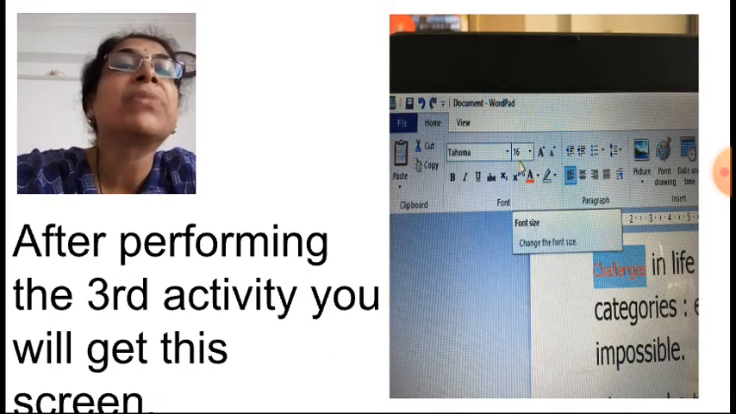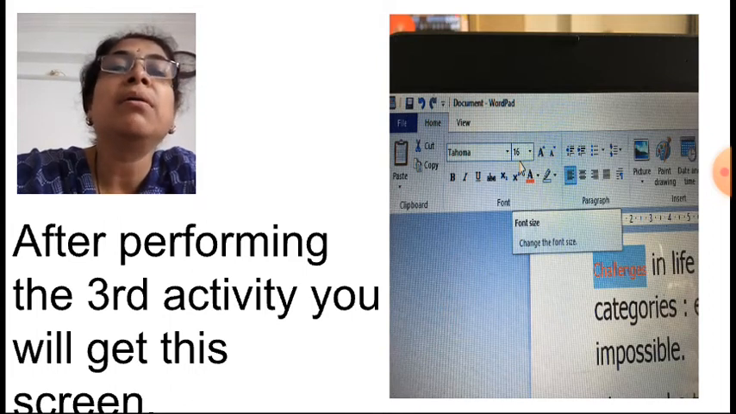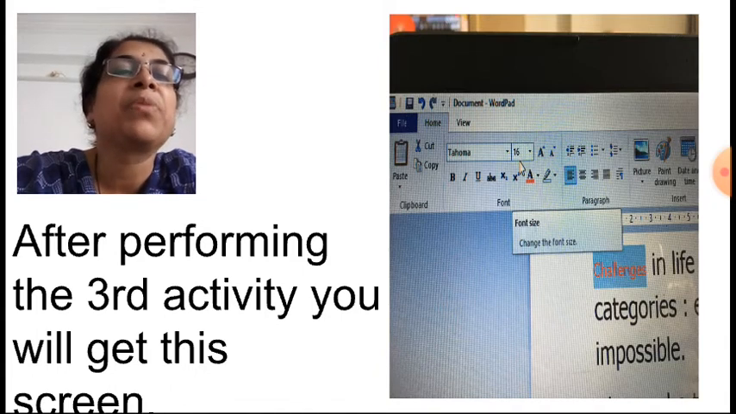See here, size is 16. On the ribbon the font is Tahoma, then size is 16, it is showing. Then below alphabet A a red color is shown, and see the word challenges, it is showing red color and the size is a little bit small compared to the other lines of the text. Okay, now